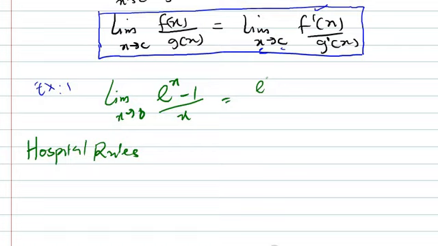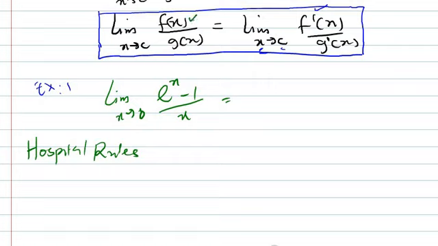Here e to the 0 is just 1, and 1 minus 1 all over 0 is 0 over 0, which is indeterminate. So we have to apply L'Hospital's rule and see. What it says is, if you have this function,